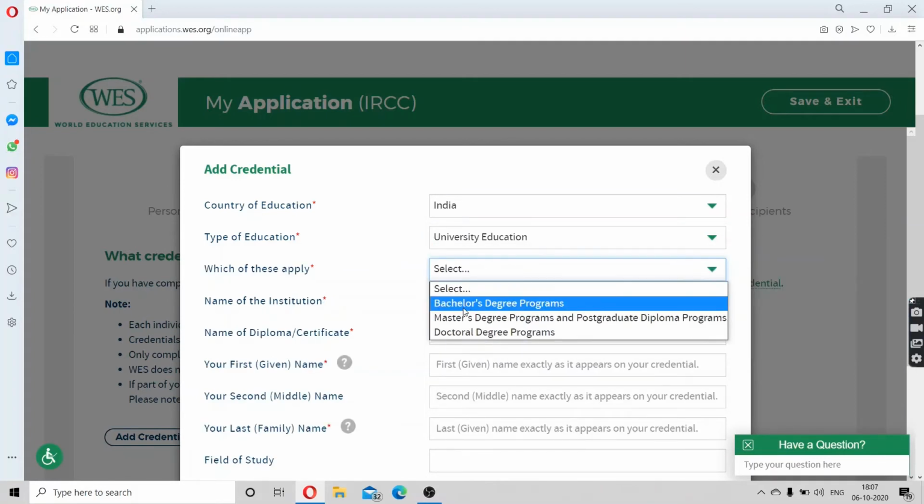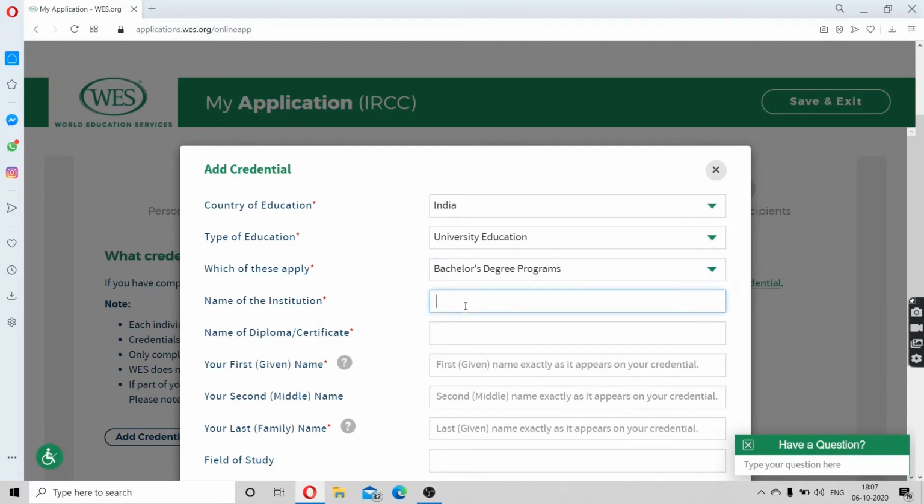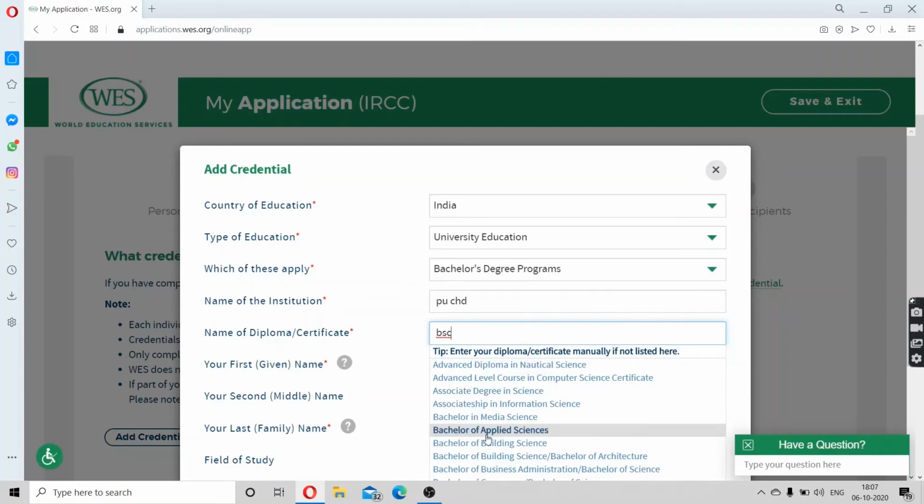This is bachelor's degree, master's degree, or doctoral. I'm choosing bachelor's degree. Then you have to put the name of the institution, that is, where you did your bachelor's. You can choose from here also.